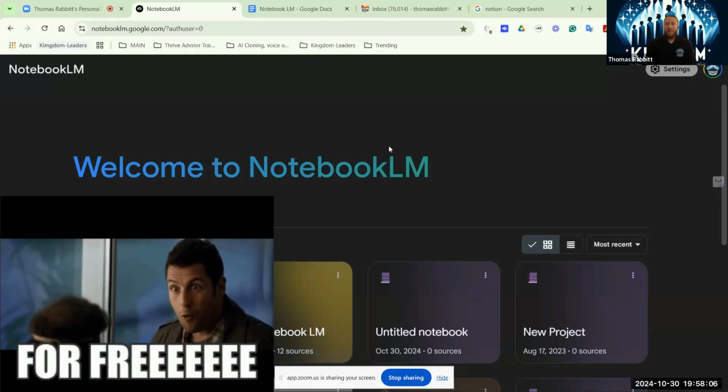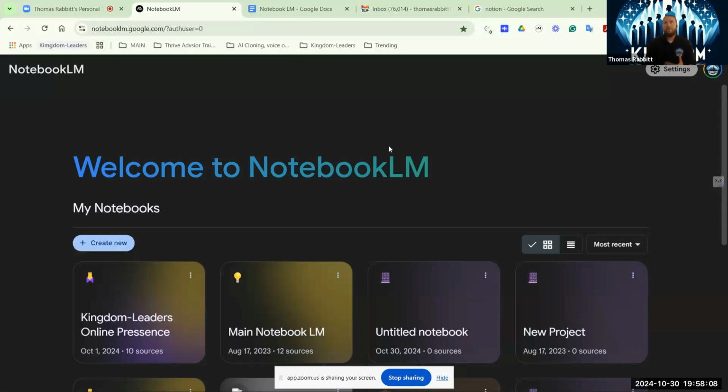So NotebookLM is the ability to have a large language model and then give it the knowledge and data that it can operate off of, except you're just attaching it like you would attach something to an email. It does so much more, but that's kind of a brief explanation. So a couple key features that we're going to start off right away is when you get logged in, this should be your main page. You won't have any notebooks.